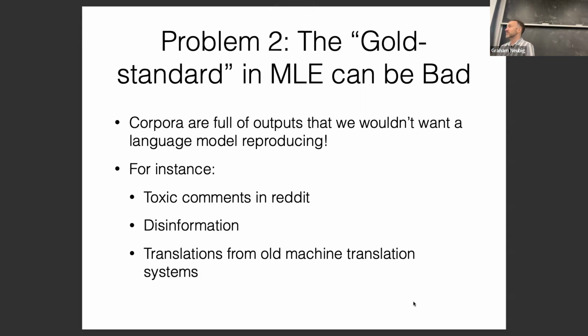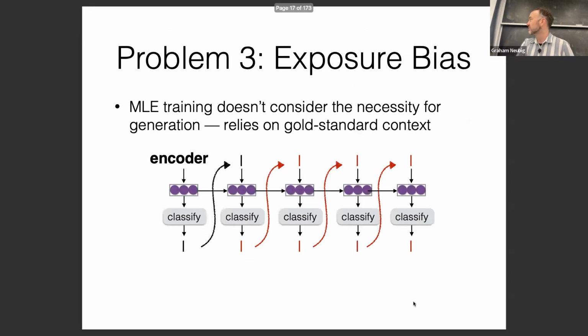Another surprisingly big problem, which is getting worse and worse, is that a lot of the text on the internet is now machine generated. If you're training a machine translation system for some low resource languages, the majority of the text online is from Google Translate from 2007 or something like that. And Google Translate was really bad in 2007. So you don't want to be training your 2024 translation system on 2007 Google Translate text. So that's another problem.